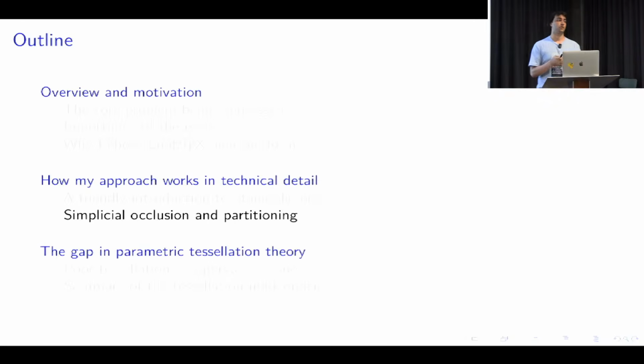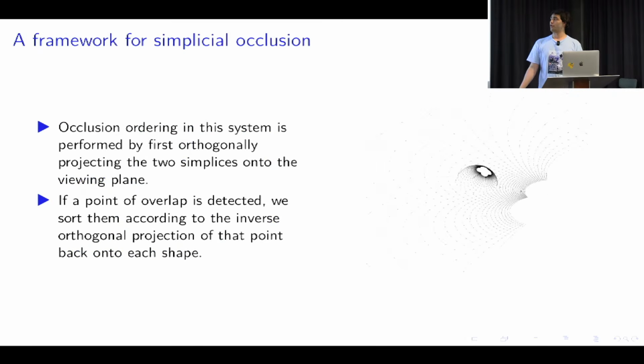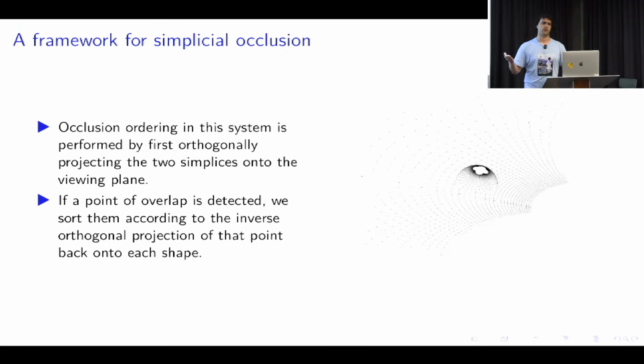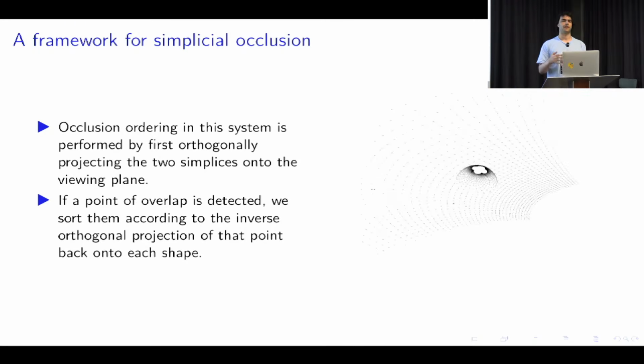Simplicial occlusion and partitioning. I promise I'll keep it basic. Occlusion ordering in the system, the way we do it is we project two simplices, in this case triangles. I'll treat it as triangles. A lot of people find that more intuitive, I would imagine. You project them onto the viewing plane, orthogonally. If they overlap at any point, you sort them by the depth of the inverse orthogonal projection of that overlap point back onto both shapes. You have 2 points, one on each shape. You can order them by the depth using the dot product. And in this case, I align it along the z-axis, so I don't even need the dot